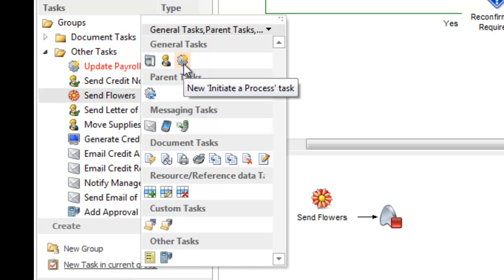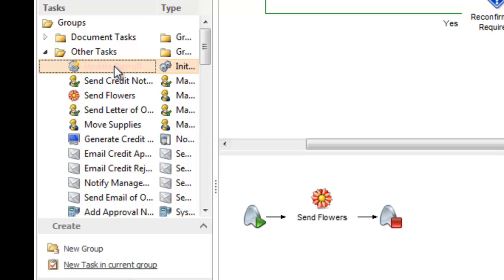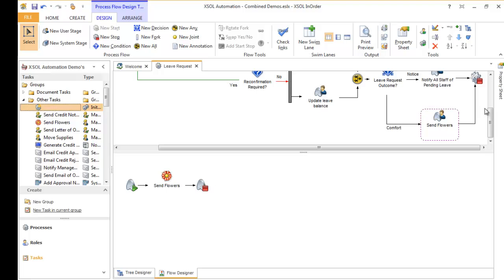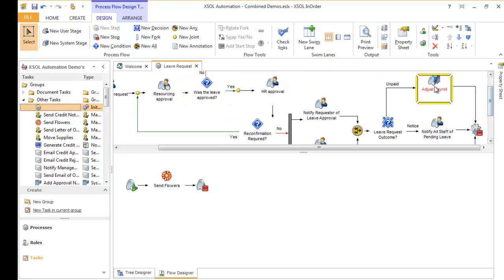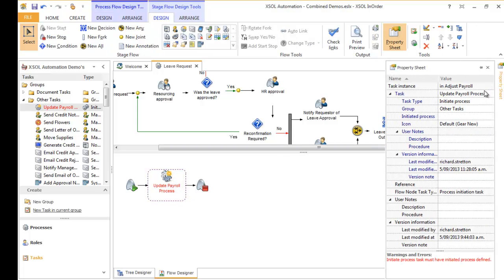The last type of task in the general group is a process initiation task. We have one called Update Payroll Process in our tasks list. Initiate process tasks activate other processes when they are called from a process instance. This is done by populating in their properties the initiated process link. If you populate this from the drop-down list, then a hyperlink will be created in all of the HTML document outputs,